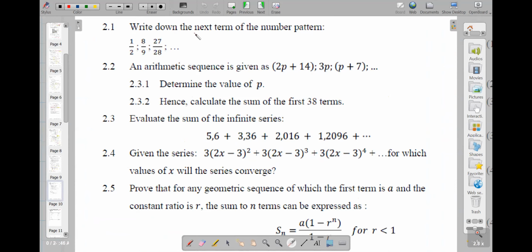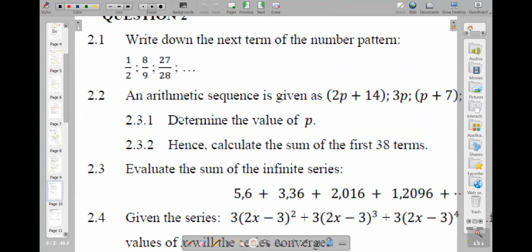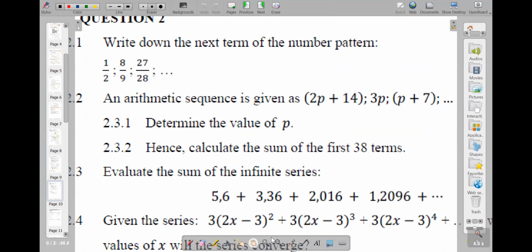It can easily be caught over there. There may be a few more approaches, because only 3 terms are given, but basically with 1, 8, and 27, you can figure out the